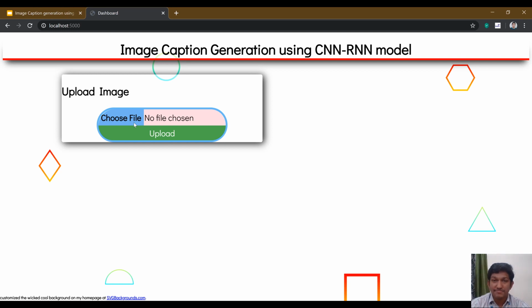This is the web interface we created to test and to know how captions are generated for a given image. Here we have an upload button, so let's click on the file. You can select any image here. For example, if I select this one and click on upload,